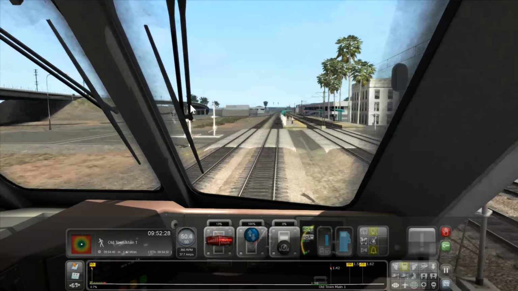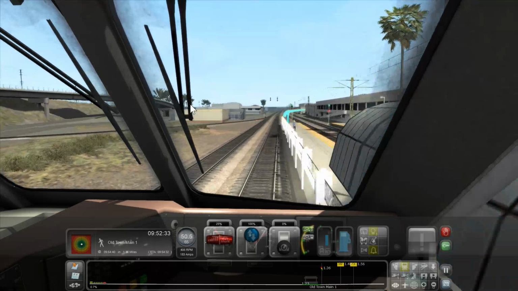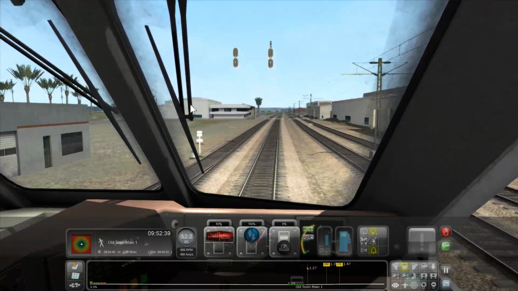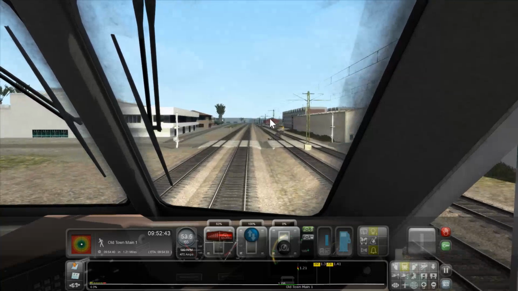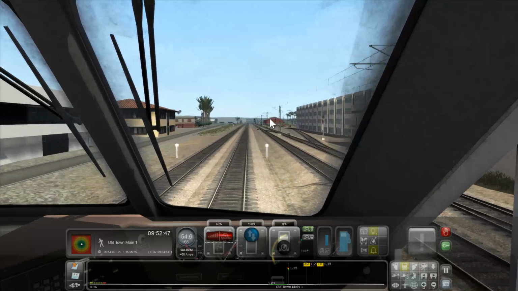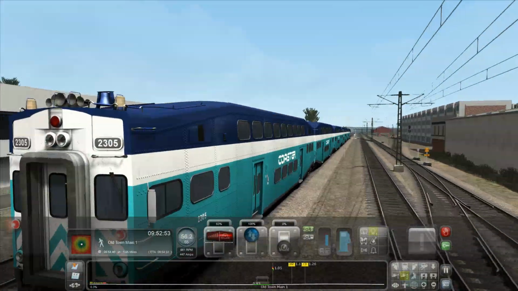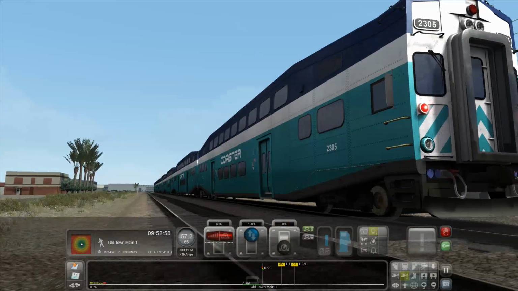I'm just excited for the Searchlight Simulations AC4400CW to come out so I can start using that on my road trains. Also, floating signals. I've always had that problem on this route. Another great thing is the ditch lights sometimes come on. They're not doing it today, which is nice, but...